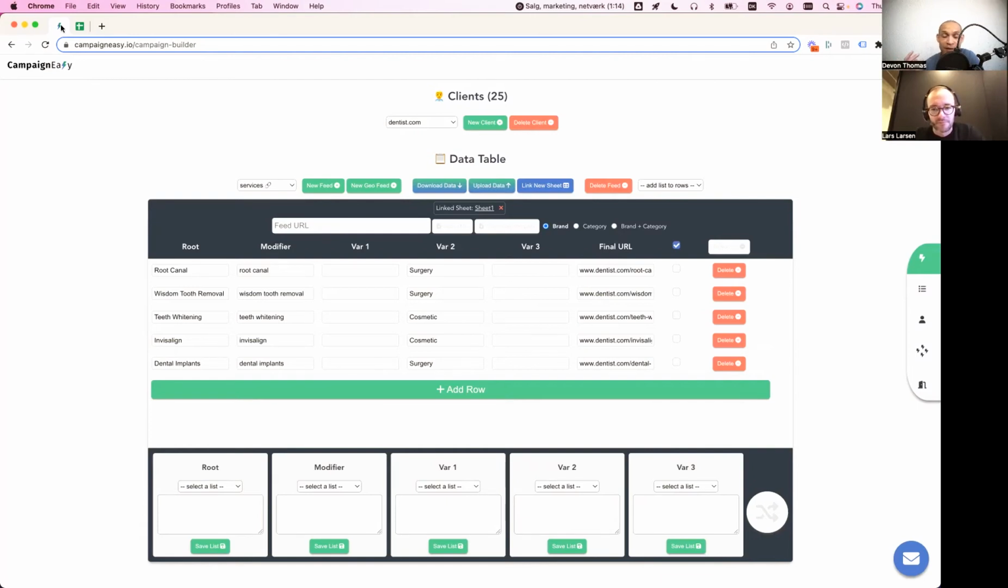How are you helping them figure out the software as fast as possible so they can use it in their accounts and get results as fast as possible? Yeah, so we have an onboarding flow. If you sign up for Campaign Easy,